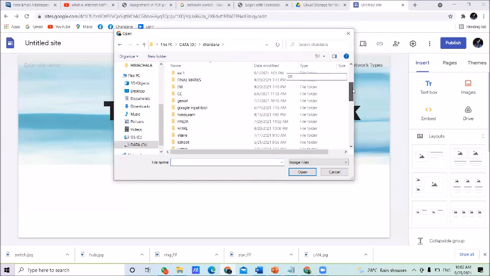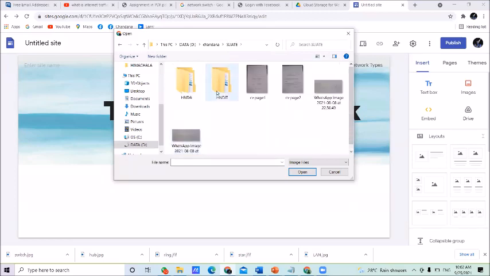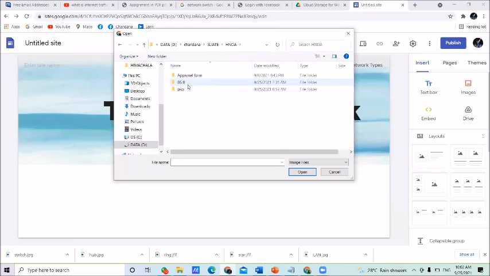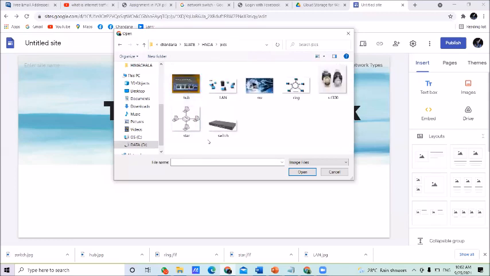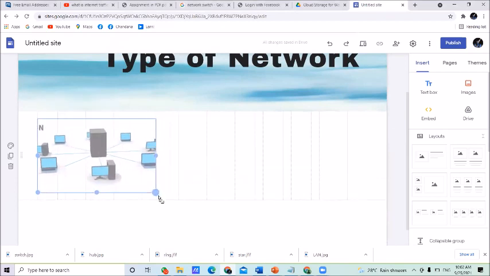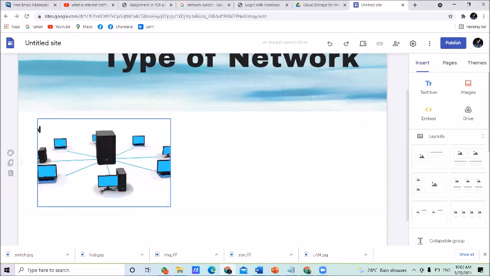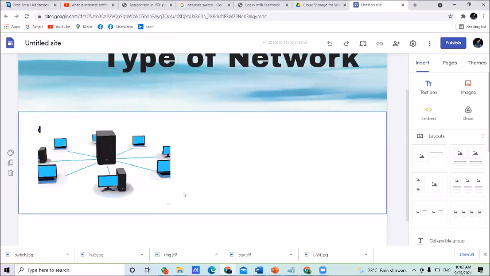Right. Now I want to find the picture which I want to insert here. I want to insert some picture regarding the local area network. In that way you can insert a picture. Then after that you can resize it according to your requirement.